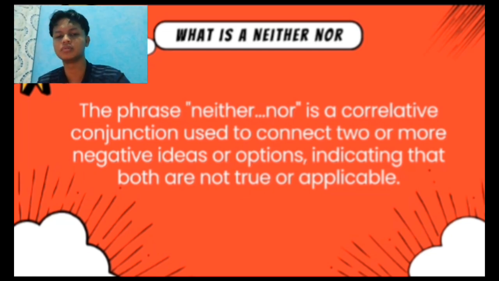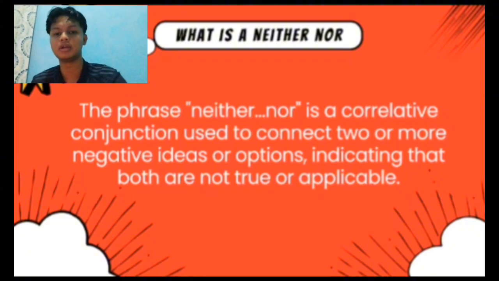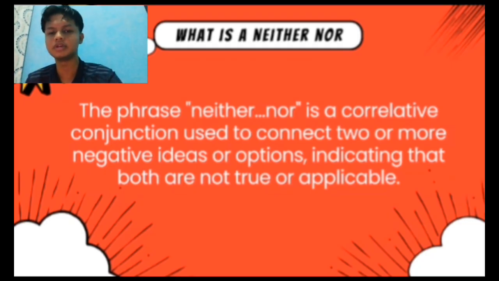For the first part, I want to explain again about neither nor. Neither is an adverb used to indicate the negation of two or more things. For example, if someone says, I don't like apple or banana, which means I don't like apple or banana, you can respond with a short response: me neither.